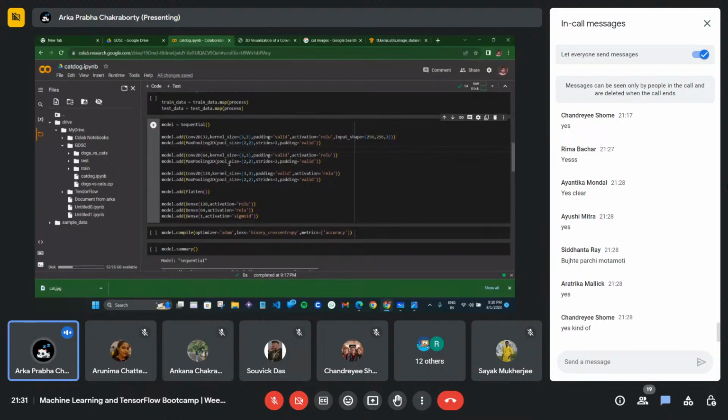Again there will be a max pooling layer. Again there will be one convolution layer. Now I am implementing 128 filters, right? The size of the kernel is 3 by 3. Now I am considering again one max pooling layer, and the pool size is 2. Don't worry about these things. You don't have to understand this for now.